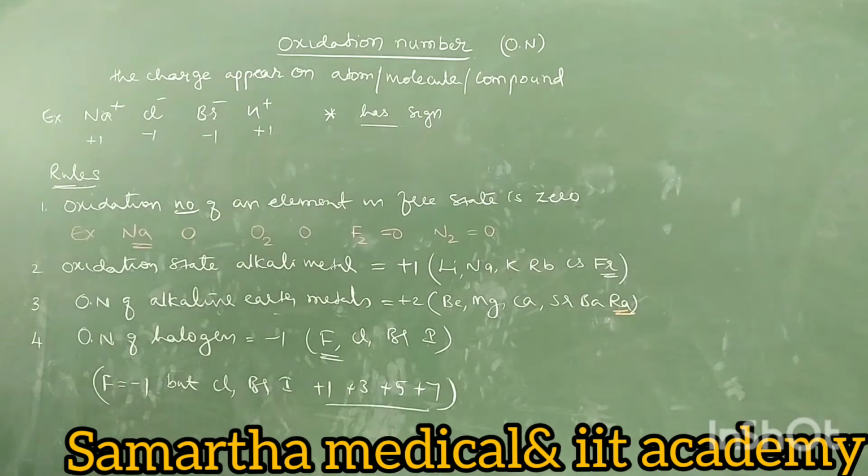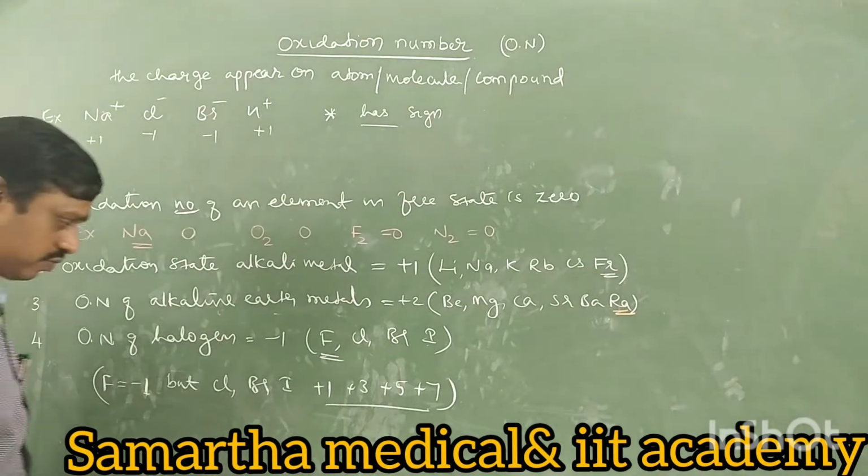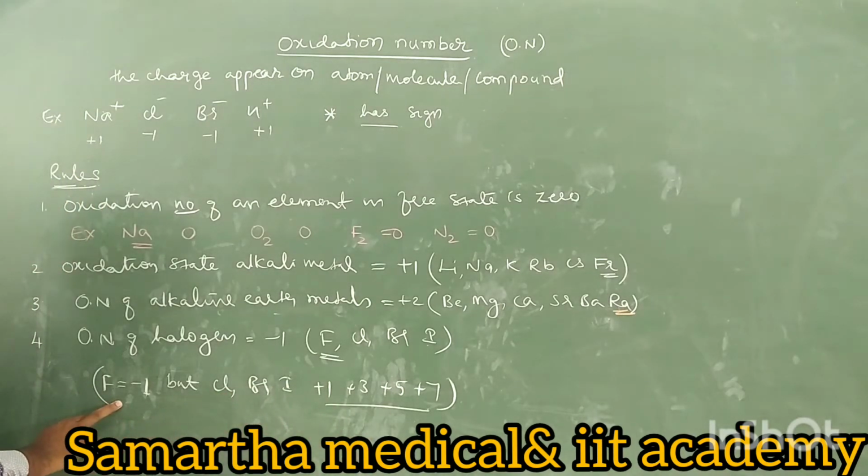You have studied this in P block elements. Fluorine is always minus 1. It never exhibits a positive oxidation state. Why does fluorine not exhibit it? Because it has the highest electronegativity. So therefore fluorine always has minus 1 oxidation state because it has the highest electronegativity. Due to highest electronegativity, it can exhibit only negative minus 1. It never exhibits positive. Next, fifth rule.